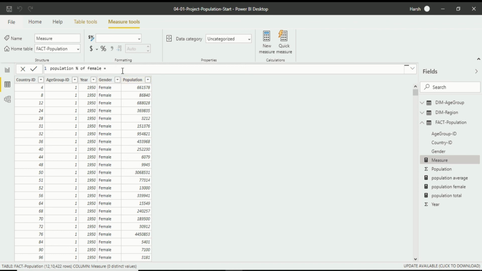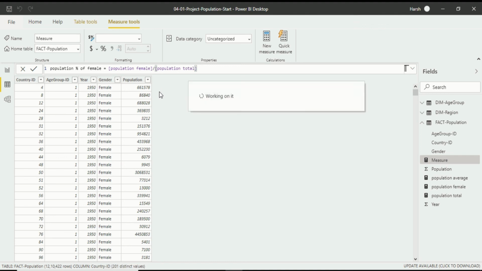Now I will write a formula. For writing a formula for this, I have to use an open bracket, population female. So this is quite an important feature of Power BI Desktop, because you can see in here now the measure is also available for being used in a formula, while they are not being shown in our data set, but they are available to be used in a formula. So I am using population female. Again click on tab and dividing it. After that, give a division sign. Again open bracket, population total. Again tab, then click on enter.